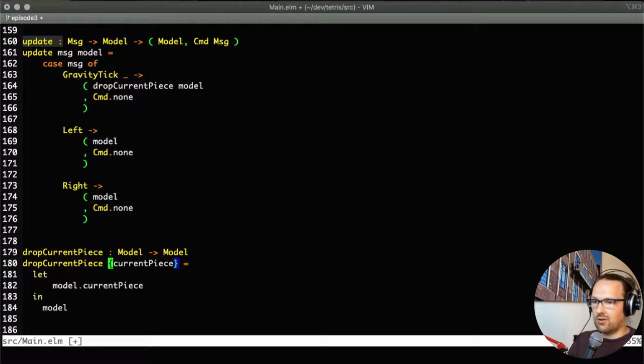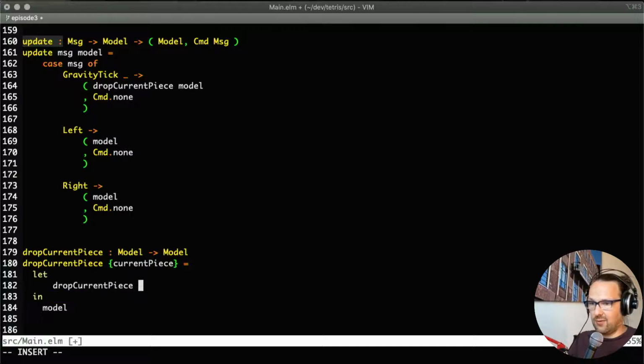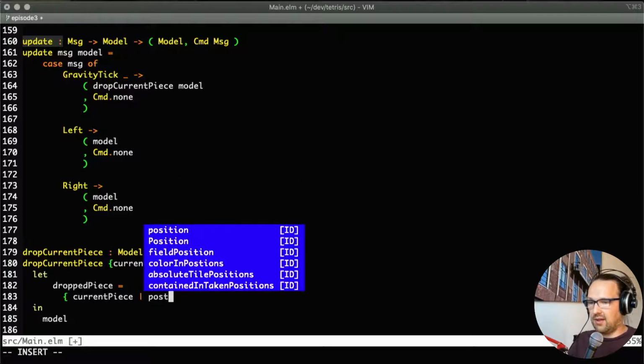It introduces a local expression to my function that takes the field with this name and introduces a local expression with the same name. So let's say we calculate an updated version of this. Let's call it droppedPiece, and we're going to take the current piece as a basis and update the position